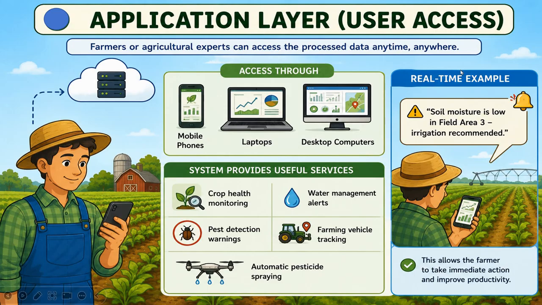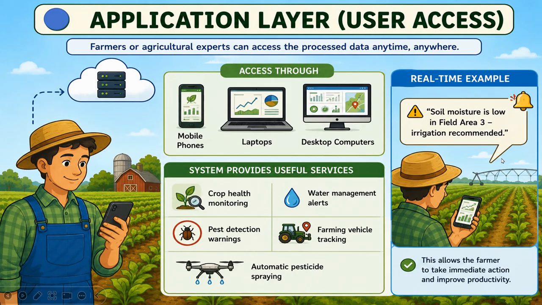So one real-time example here is where we consider a farm where the soil moisture sensor continuously monitors the water content in the soil, and the collected data is analyzed by the cloud platform. So if the moisture level falls below the required limit, then the system immediately sends a notification to the farmer's mobile phone. Okay, and the message may say something like: soil moisture is low in field area 3, irrigation